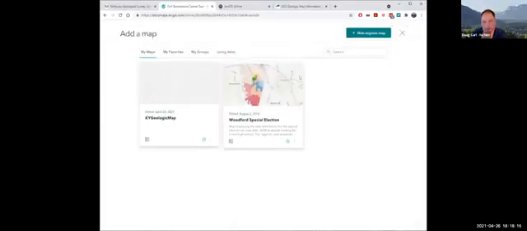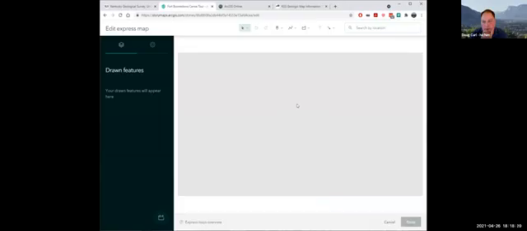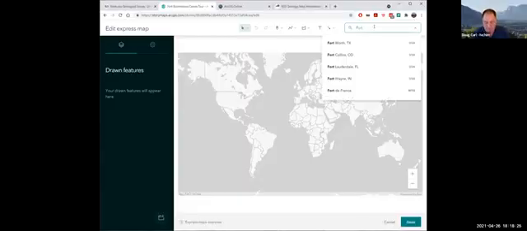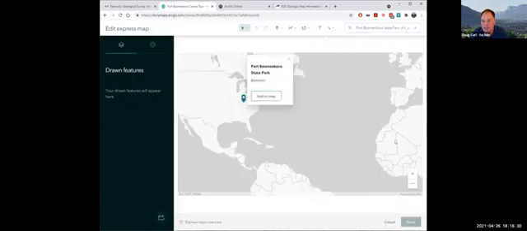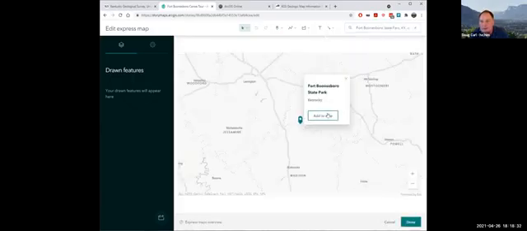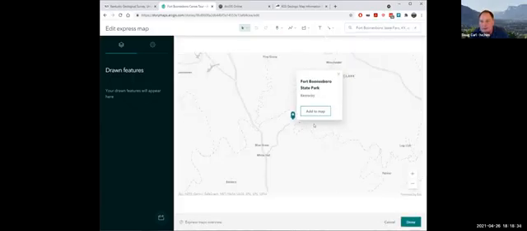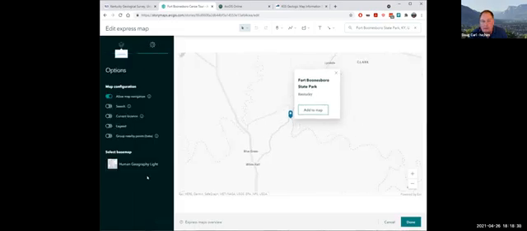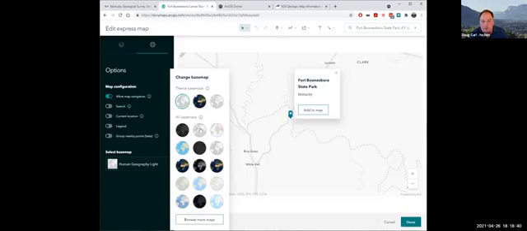So I'm going to put a location map. I've got some pre-made maps, but I just want a location map of this area. So Fort Boonesboro, Kentucky, and that's my location. I kind of want it zoomed in. I don't like that background, so I'll try a bunch of different ones.